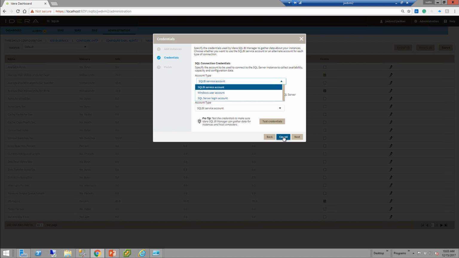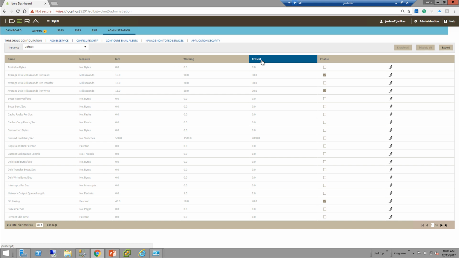but once you've added a BI service, you're going to want to verify that the thresholds of the metrics that you're monitoring are set correctly. So under administration, you're going to see threshold configuration. There's a default area, and then underneath the default area, you can pick the server or service that you want to adjust. Under the instance, you'll see specific metrics